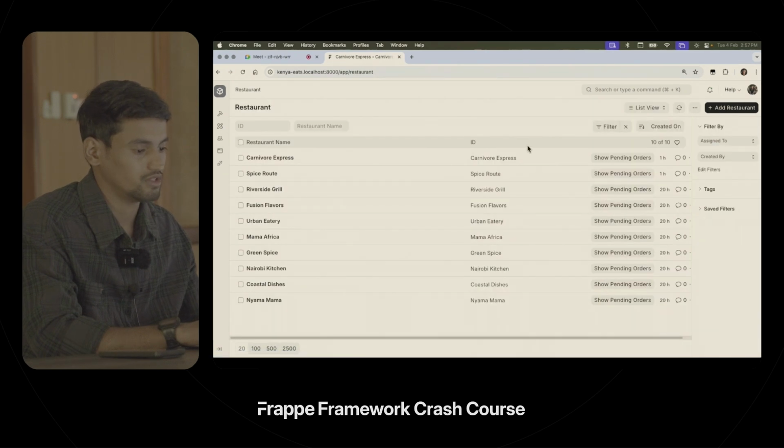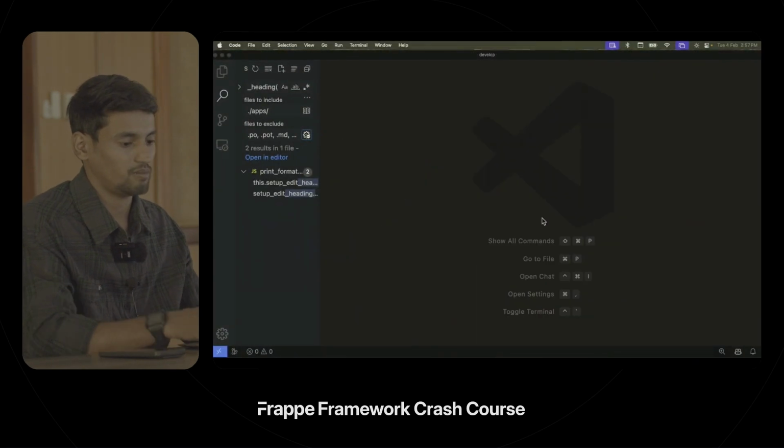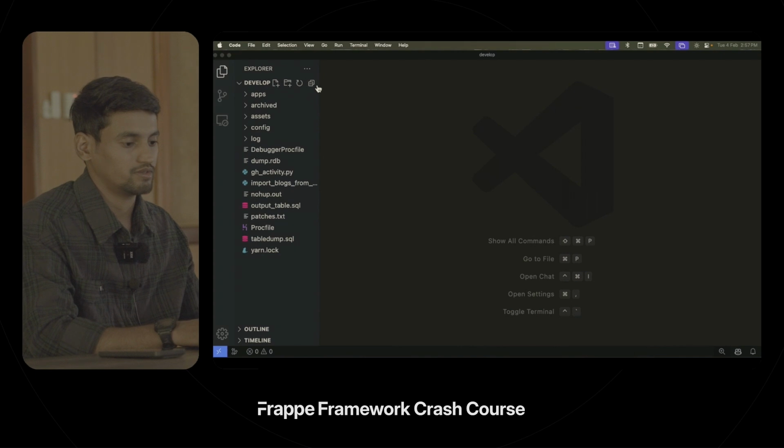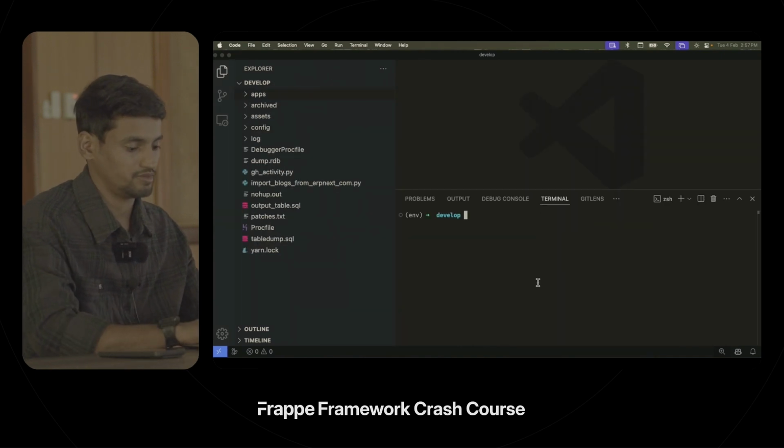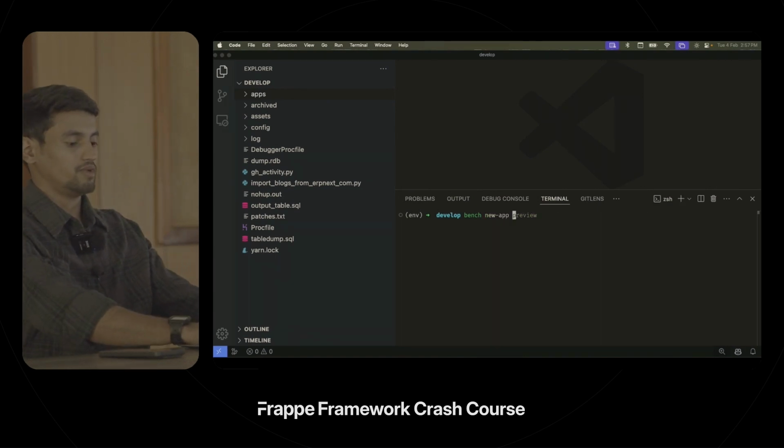To do this, you first have to create one app locally. I have all these apps, but bench new app, the name would be